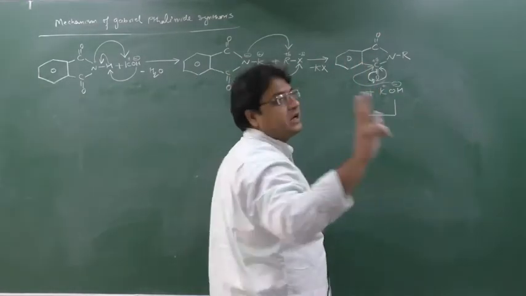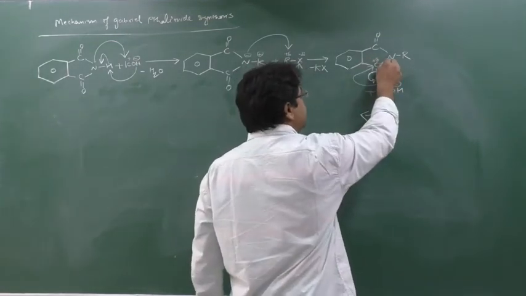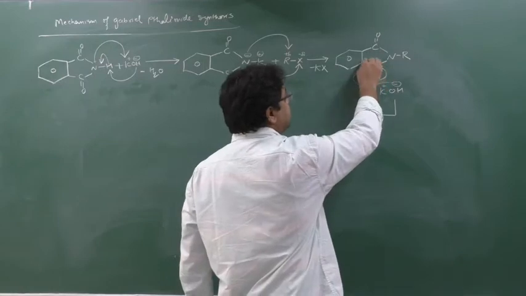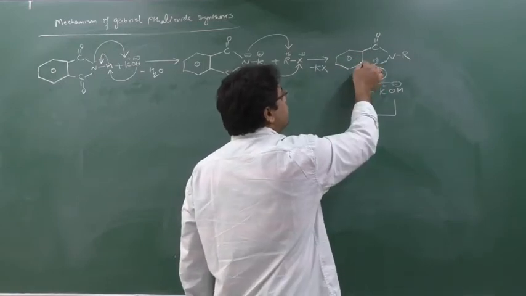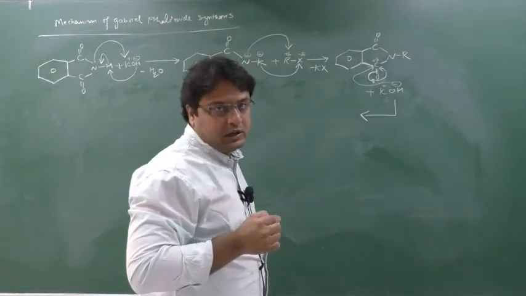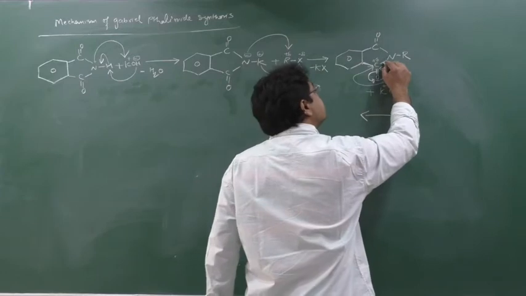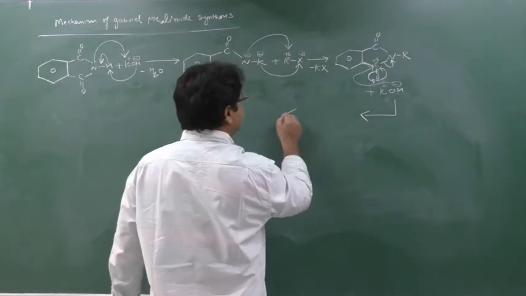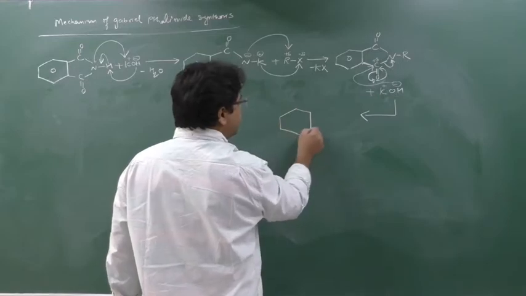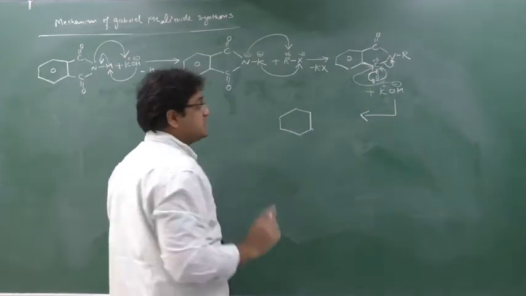Now the remaining bonds are 2. This is one bond that could be broken, this is another, but this bond cannot be broken because here there is resonance, and due to resonance this bond is a stronger bond, because resonance stabilizes bonds. So this bond cannot be broken. So the remaining one is this bond. So this bond will be broken. What will we obtain? You will obtain it like this. And remember here OH minus is removed and somewhere K plus is there. So in the reaction K plus is there.